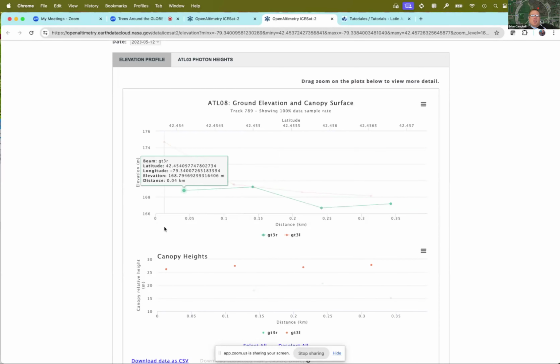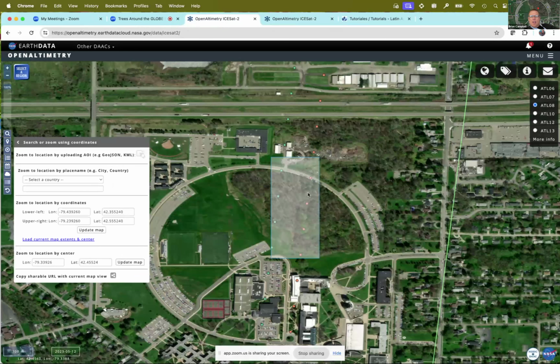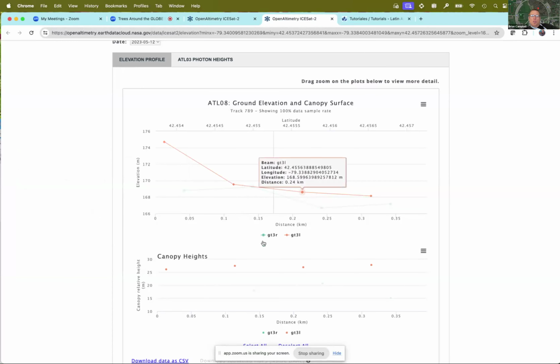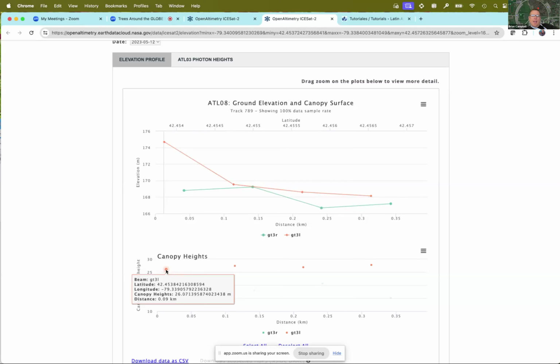But then when you scroll down, these trees that you saw right here, the orange I'm going to point out first, you can scroll over those, and what you're going to see is what the beam was, latitude, longitude, and what the canopy height was from ICESat-2. Now, as a refresher,